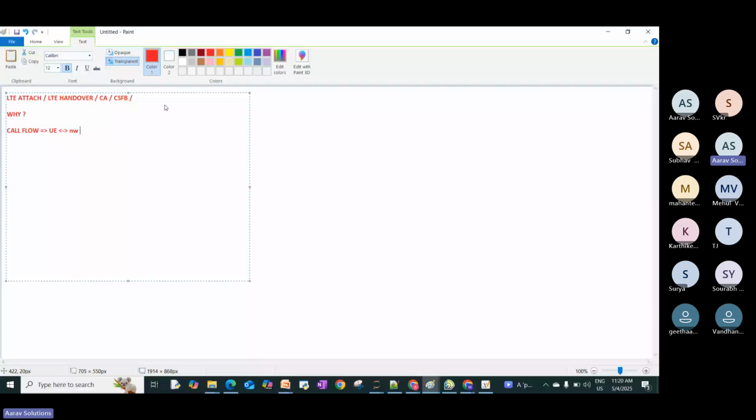Then the next thing we have. Messages are the flow we have between UE and eNodeB. The next thing is what information we are sending or receiving inside that message. So flow means the name of those messages, the sequence of those messages. First we will send this message, after that we will send that message, something like that. Once we are done with that flow, the very important thing is